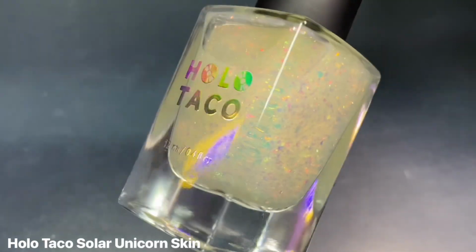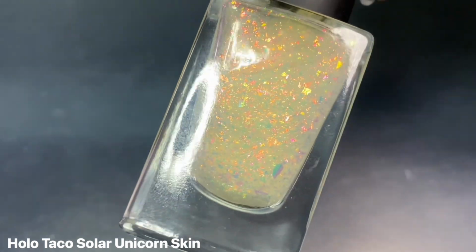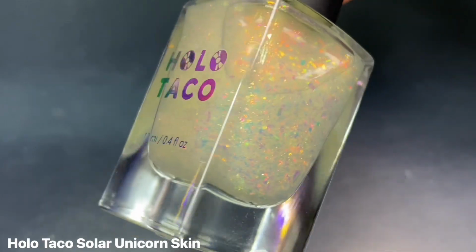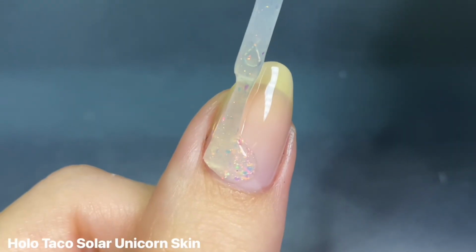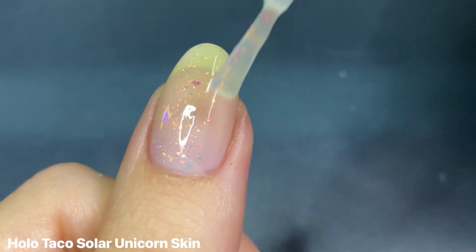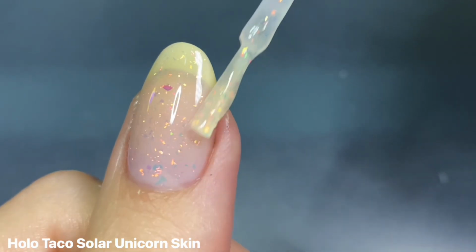Next are my two favorite unicorn skins from Holo Taco. The first one is Solar Unicorn Skin, which is a fiery red to orange to yellow iridescent flaky. This is another one that just gives me total fall vibes with the color shifts, and I think it looks